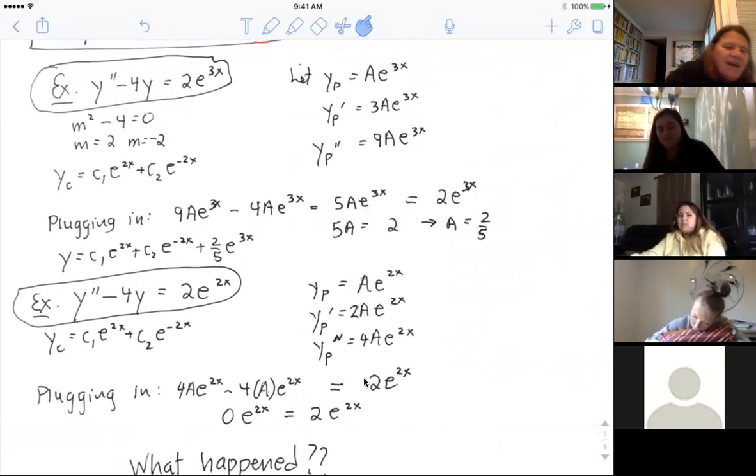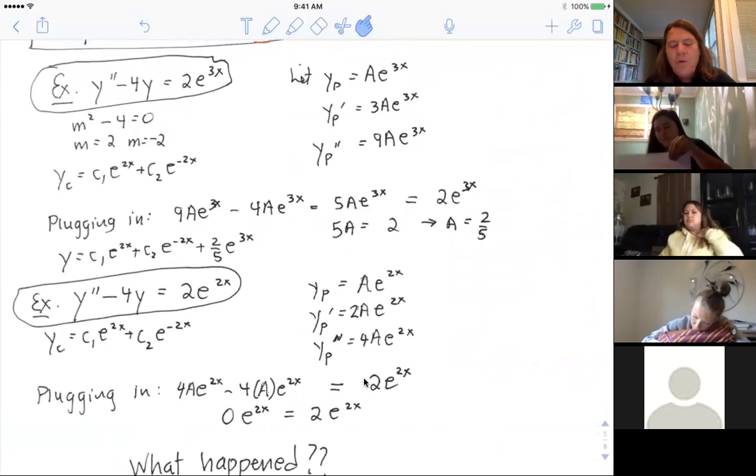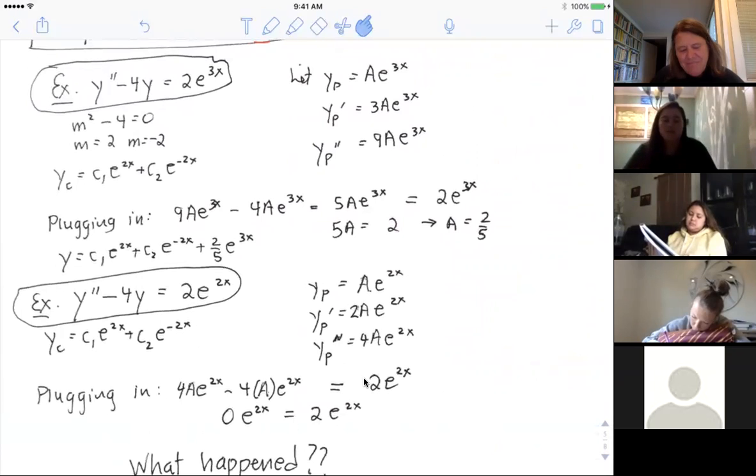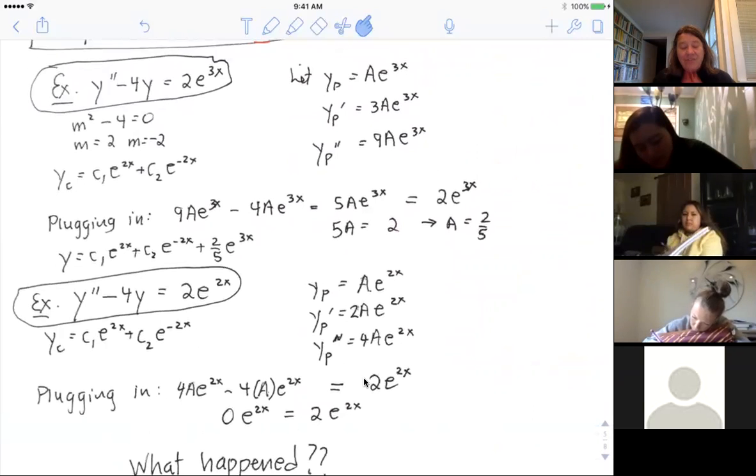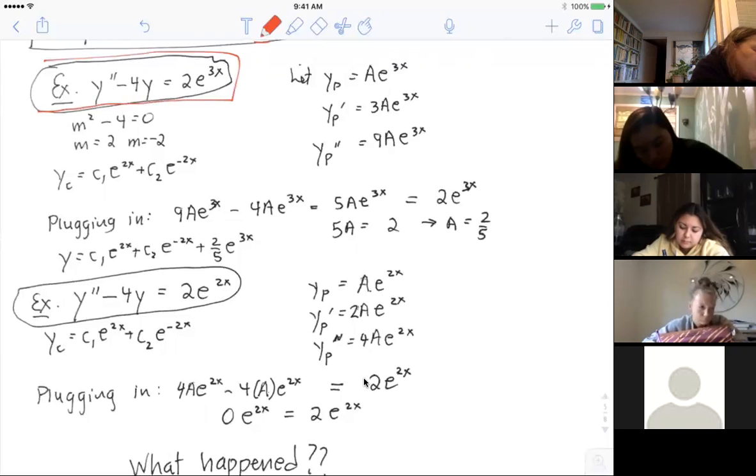Actually, and this is important, there is a glitch in this method, and I'm going to show you what that glitch is right now, and you have to be careful with that. That's sort of what I want to finish up the lecture talking about. Let's take a look at this DE right here. Fairly simple. It's not going to look anything like the last one, okay?